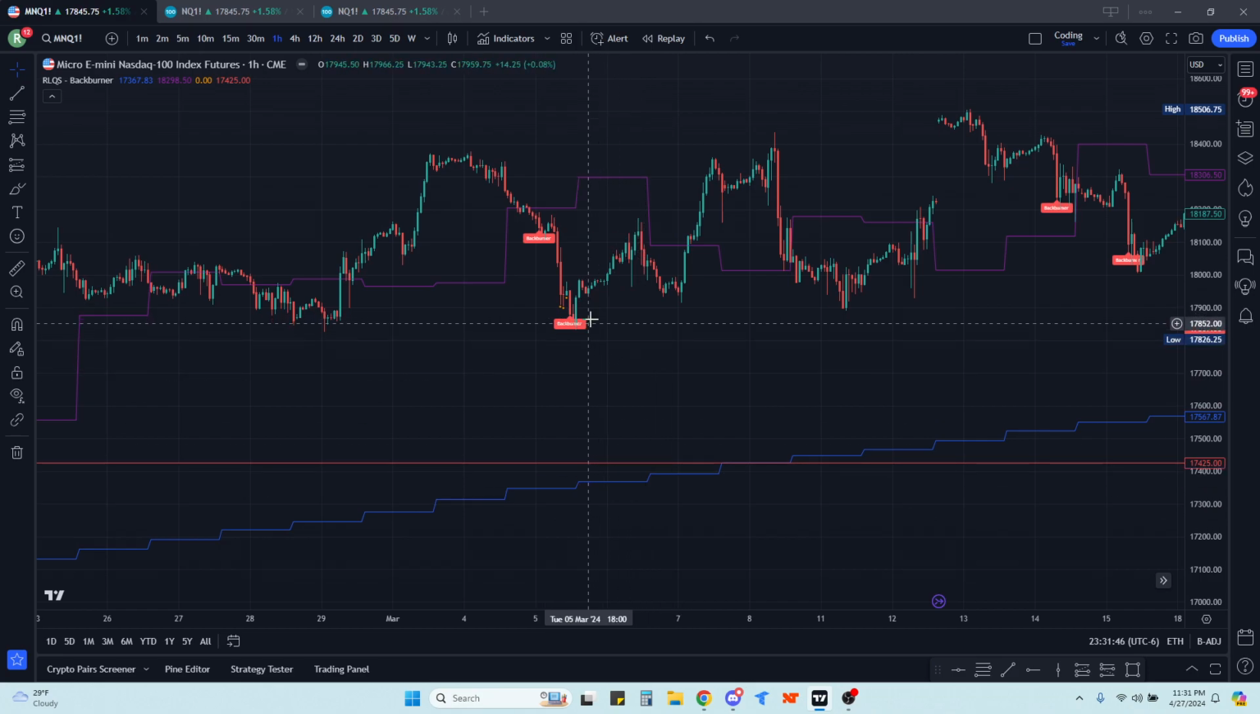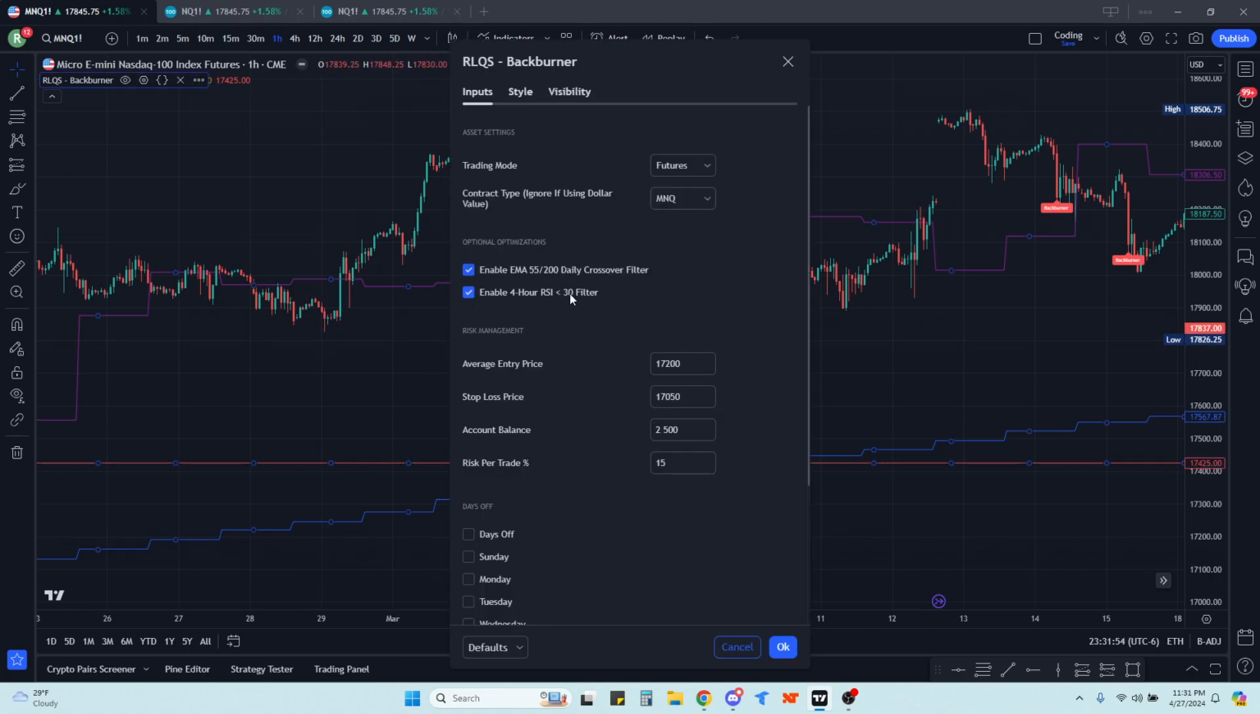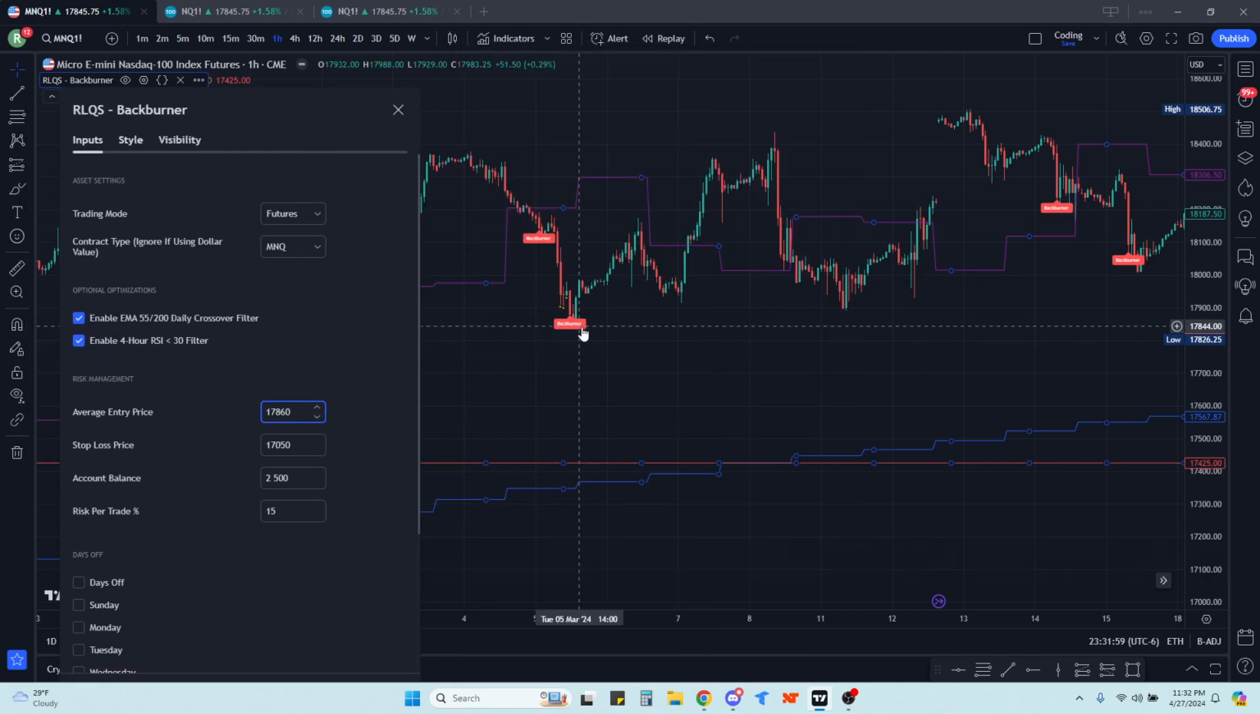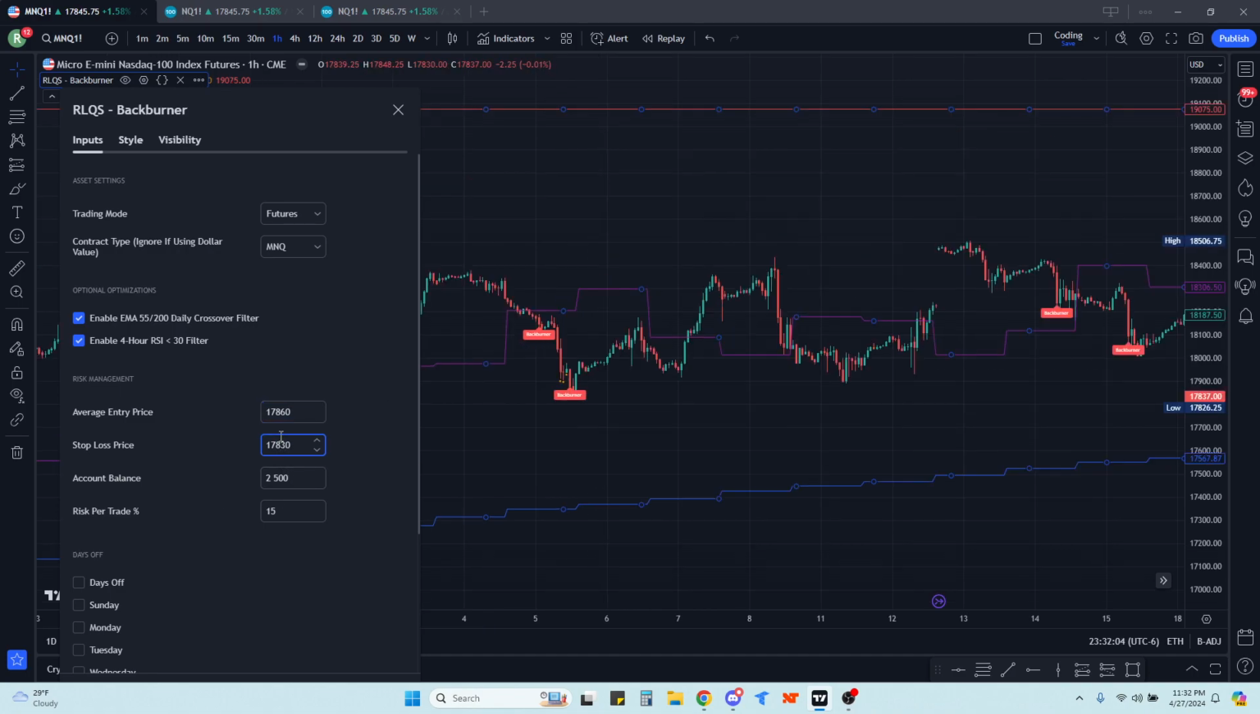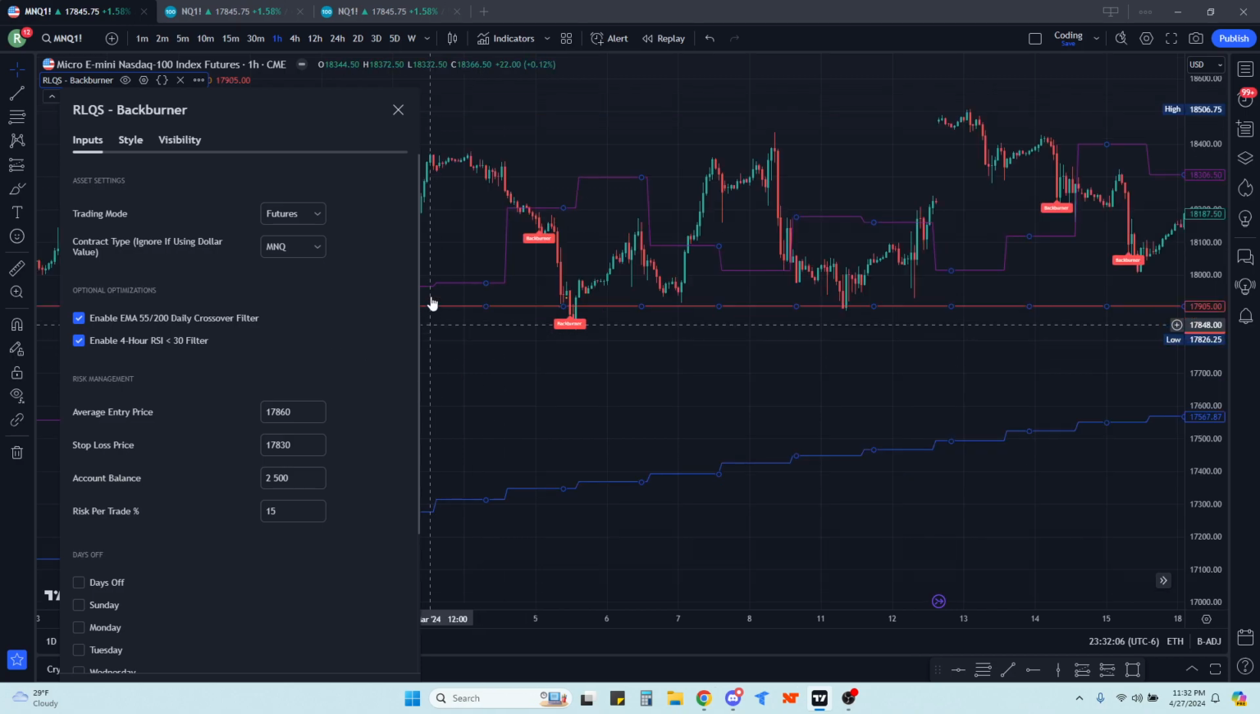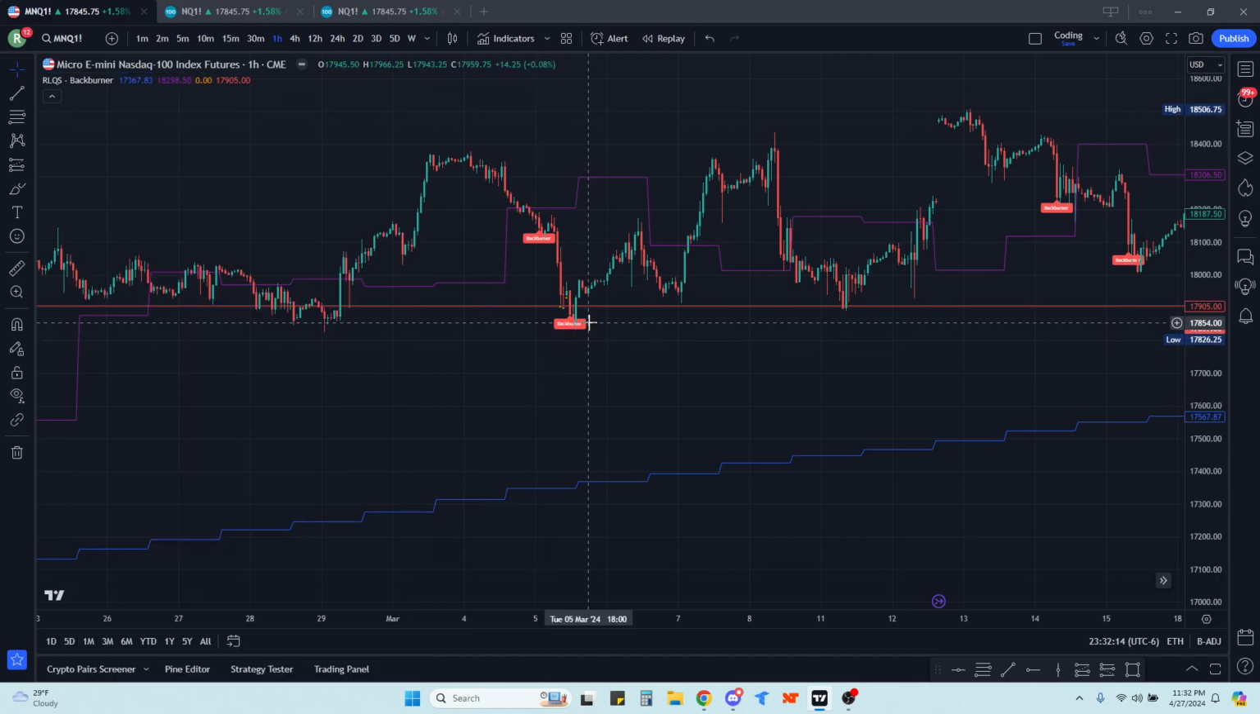So let's change these numbers around real quick. So this is 17,860 where we got our signal, 860, and then our low is 830. Let's go with that. Okay, so then it's going to repopulate, so we have 30 points of risk here. It's going to populate 45 points of profit here from this point to this point. So 45 points of profit. We're going to scale out half of our position here and then allow the rest to ride up until we hit our,